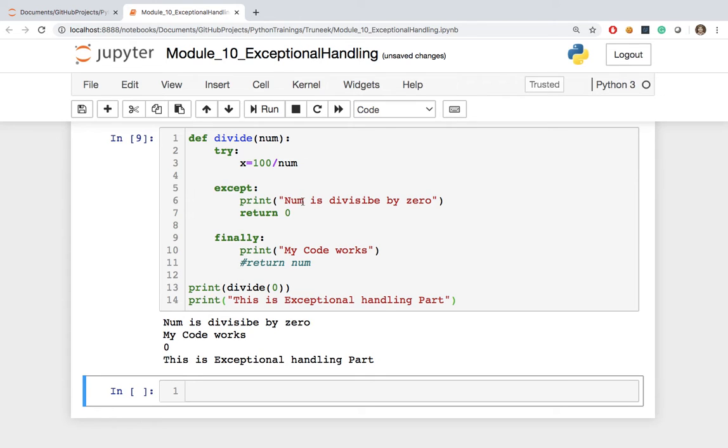Now it says number is divisible by 0. Then it has gone to this part, my code works, and then it has returned 0 because it is returning 0, right? And then this piece of code works. This means we can get to a conclusion that either we get an exception or we don't get an exception. Whatever we write in this part of code, this will always get executed,